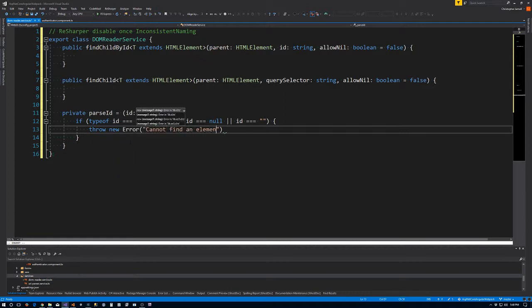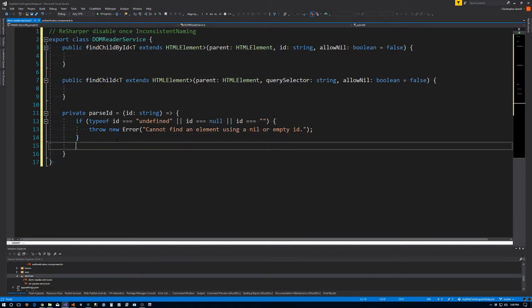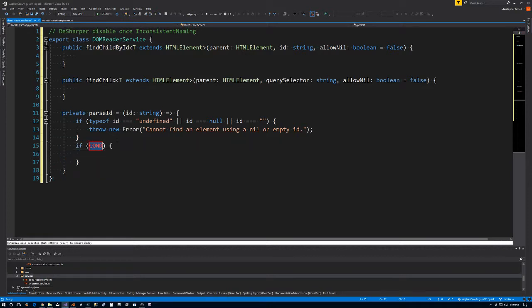an element using a nil or empty ID. Nil is just a shorthand way of telling myself that it's either undefined or null. And so if either of those are true, we're going to throw an error. Next, I want to say if